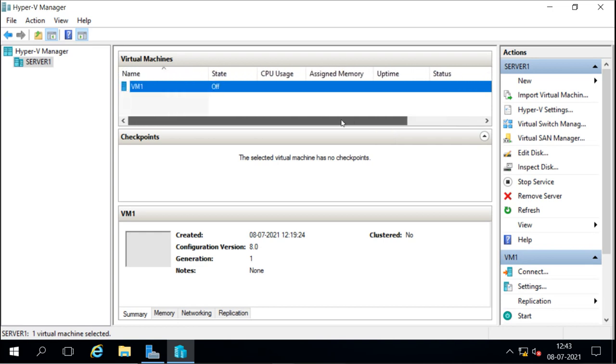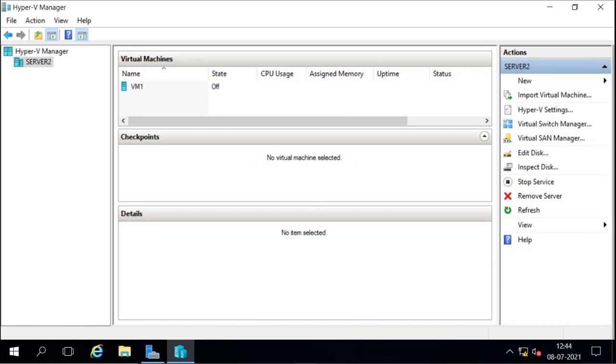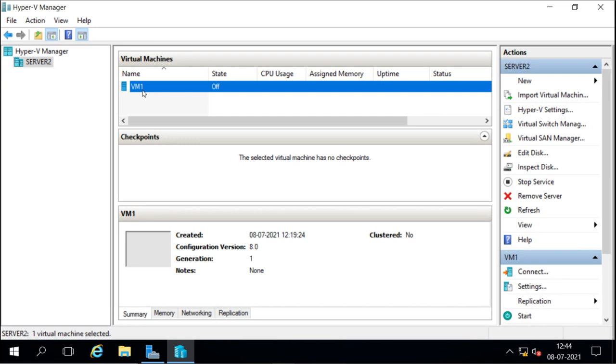Now it has been replicated to server 2. This is server 1. Now we'll go and check server 2. Now this is our server 2, and here is the machine. It will remain off, it will not run because it is a replica. It will not run, and it will update the changes here.